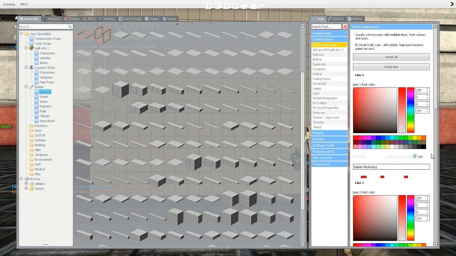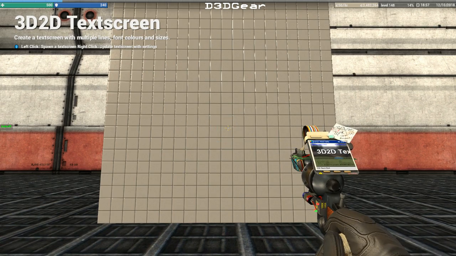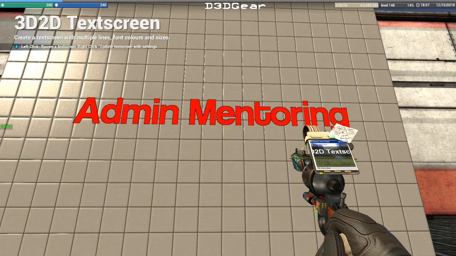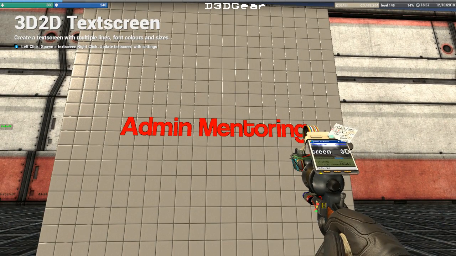I've got to have my text at 100. So I'm going to make sure I have the right tool gun out for 3D 2D text screen, and you're going to click what you want to have as the text screen. So let's say you want to add something else to the line and you don't want to delete the line that you already have,